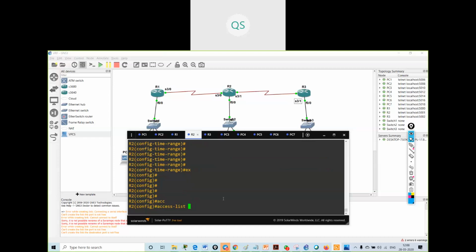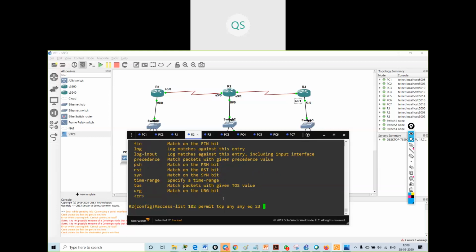Access list 102 permit TCP any any equal to 23, which is telnet.